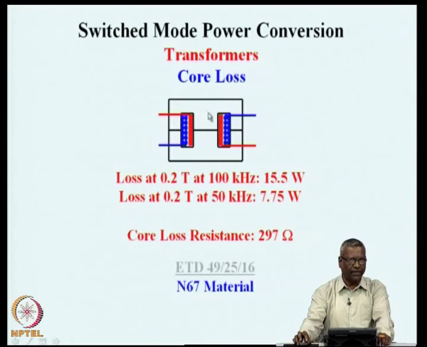See, this magnetic material is being, or flux is being set up to the level of 0.2 Tesla at 50,000 cycles per second. On account of that, the material has a magnetization loss which is known as the core loss. This core loss in materials consists of eddy current loss and hysteresis loss, but in the high frequency cores, the eddy current loss is negligible because the material has practically very high resistivity, and only the hysteresis loss is present, and that is given in the data sheet.